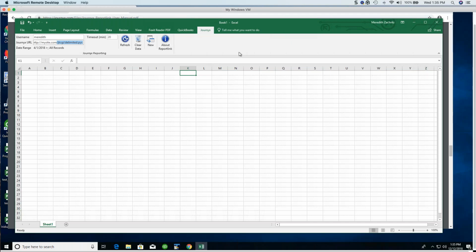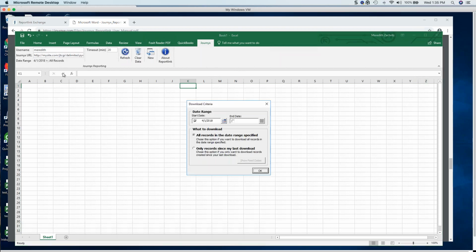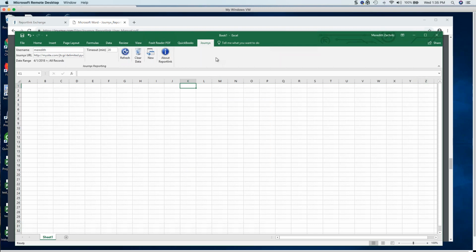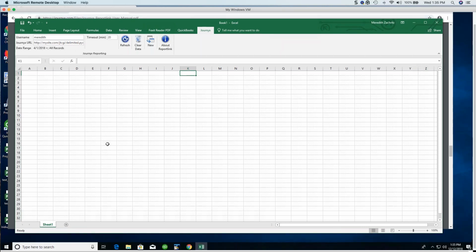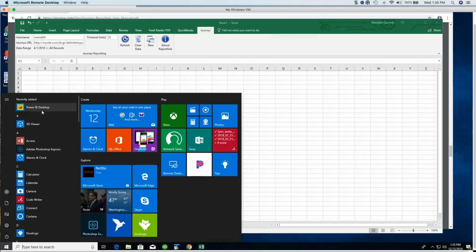So the Report Link client, the add-on, is a little more automated. At this point, you can click refresh or new or whatever it is that you want to do, and it's going to give you the list of feeds. And it's going to ask you, for example, what you want for dates. But you can do roughly the same thing as a data source in Power BI. It's just slightly more manual, but once you have the URL information plugged in, it's pretty easy from there to simply refresh your reports and templates with the data. So let's take a look